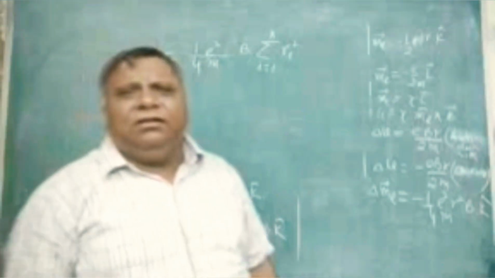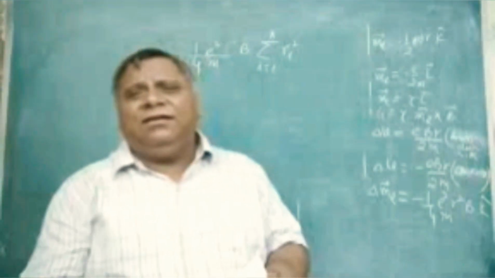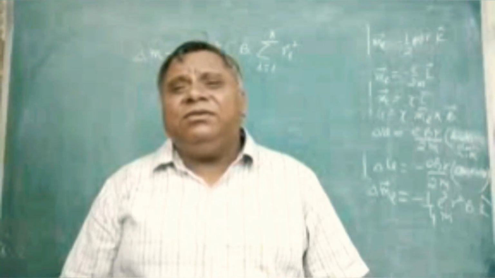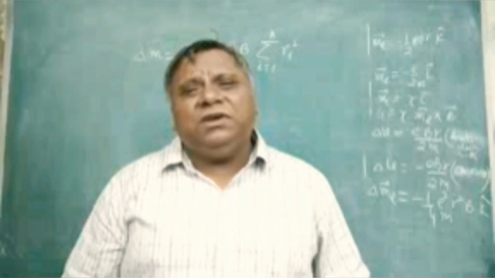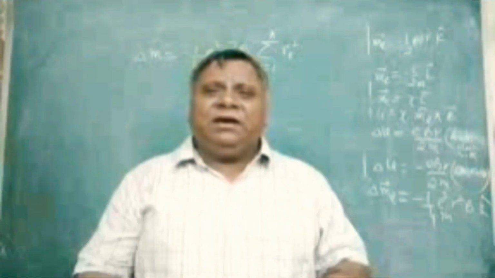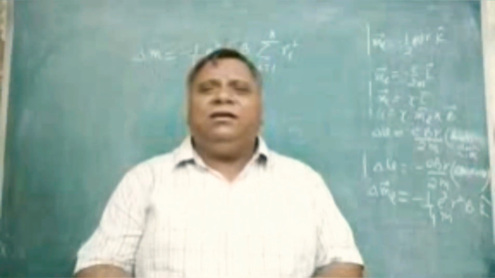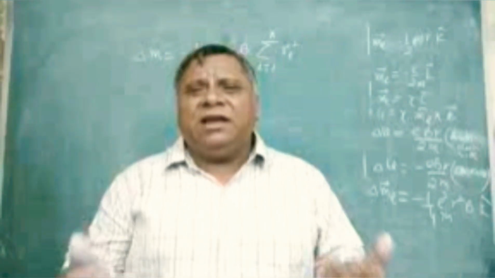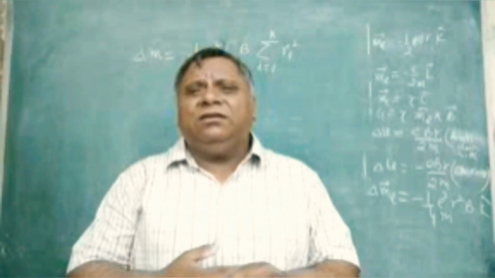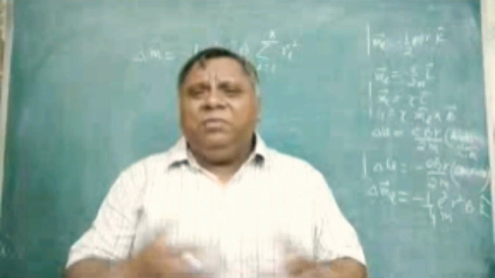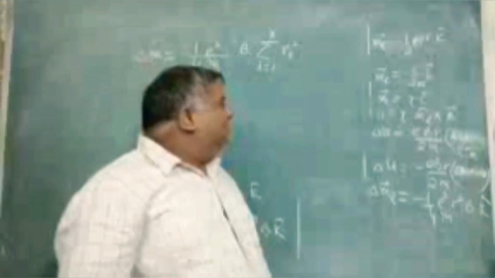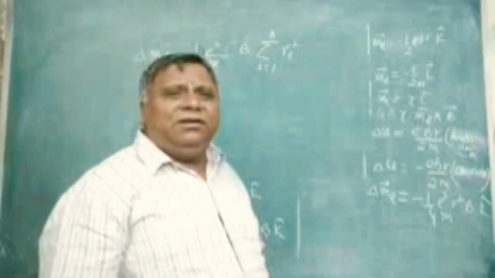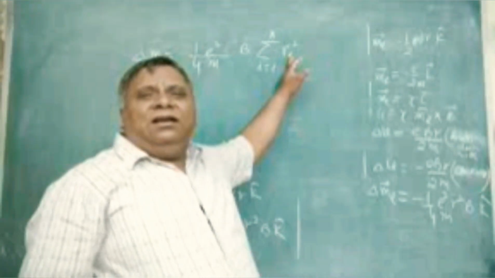What we have done, we have taken the magnetic field perpendicular to the orbit. But in an atom, it may not be the situation. In general, magnetic field and magnetic moment may have an angle. These two vectors may have an angle. So if theta is the angle for a particular orbit, which is denoted as the ith orbit,